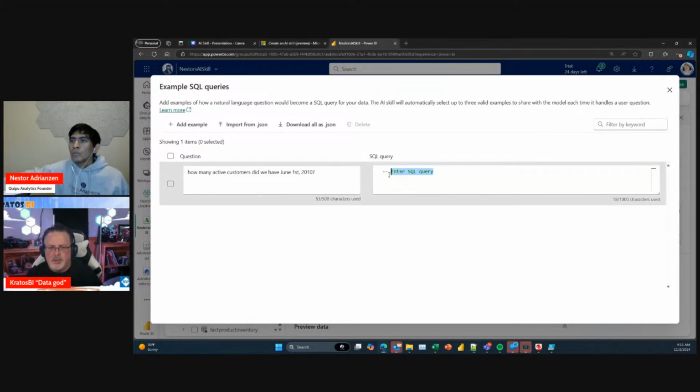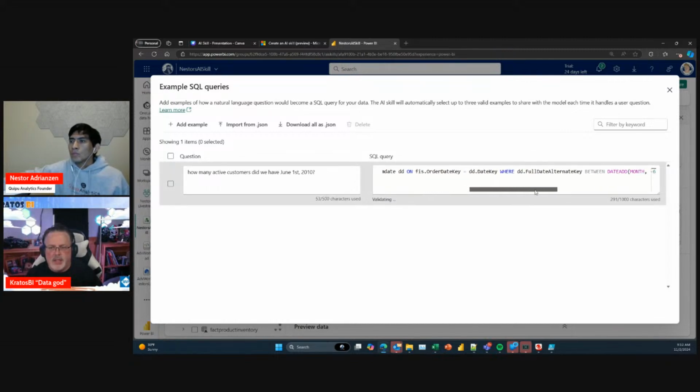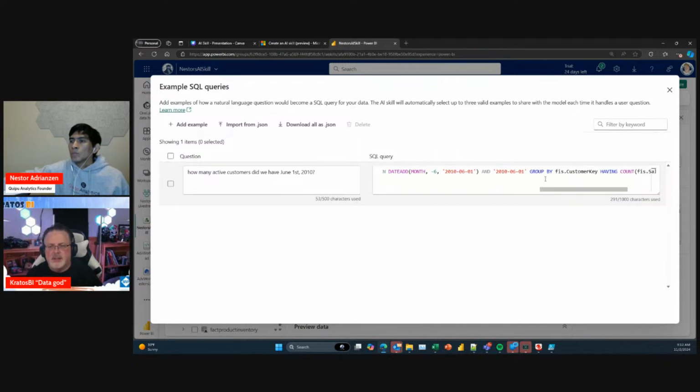I'm going to put in the SQL query here: select count as active customer count from fact internet sales, join on dim date on order date key, where full date alternative key is between 6 months prior to the date given and the date, and then group it so that we can get those having sales orders greater than or equal to 2.